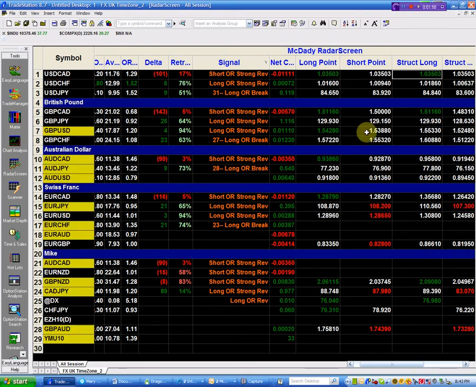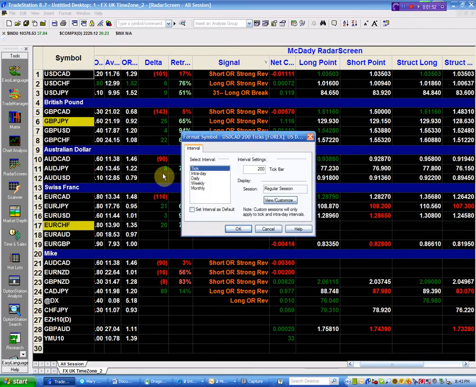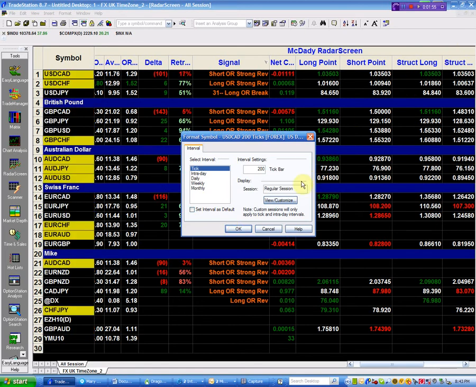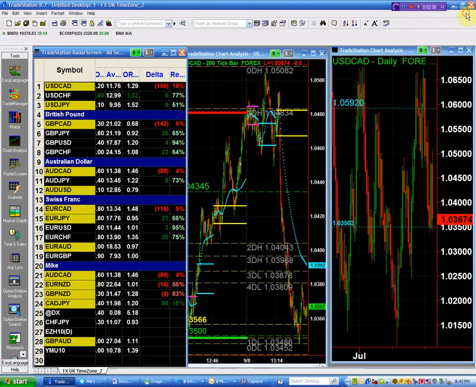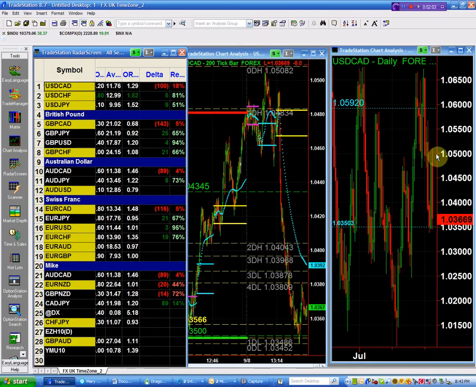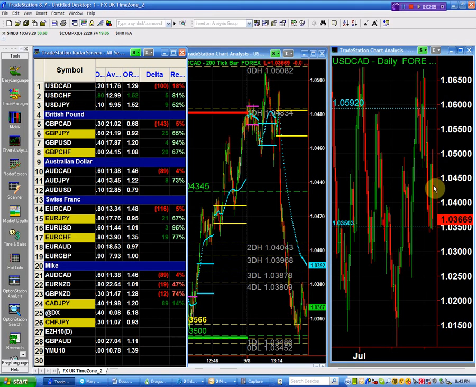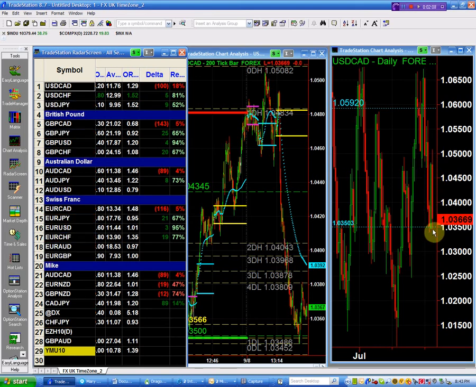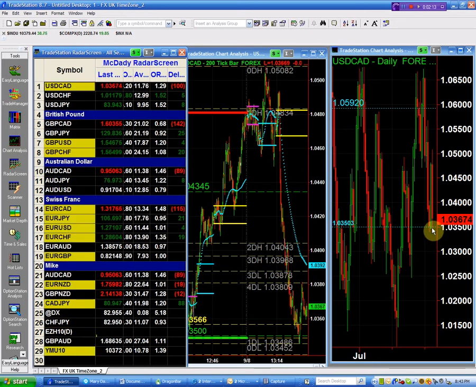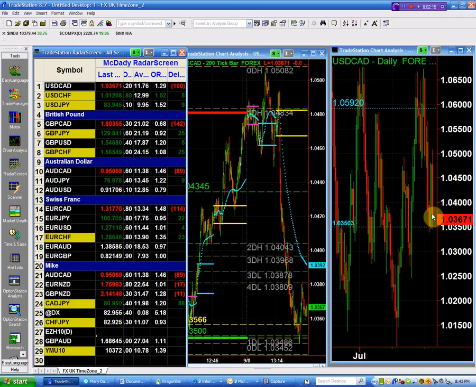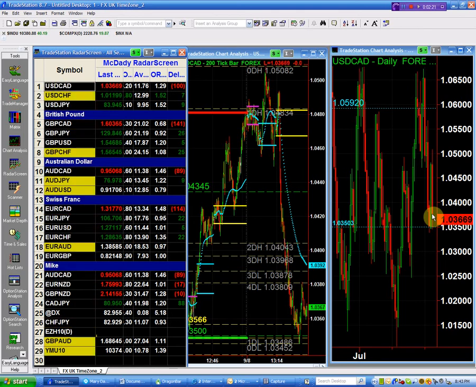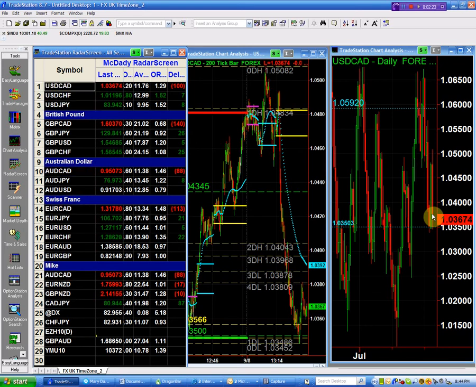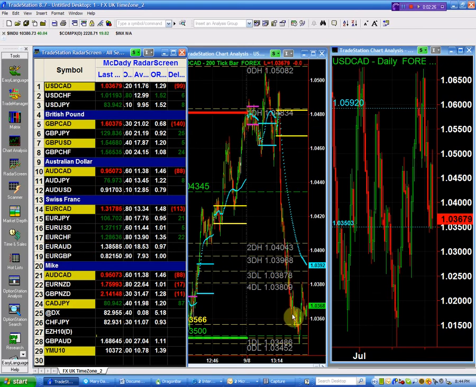If you look at today in the dollar CAD, when it reversed, it came down. We had this reversal from the 105. It came all the way down to the structure point of the 103.50, and it held and it bounced back above the structure point of 103.50, and now it is trading at 103.66. So even with this huge momentum that we have right now,